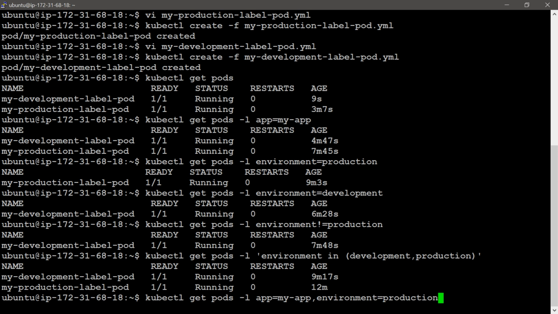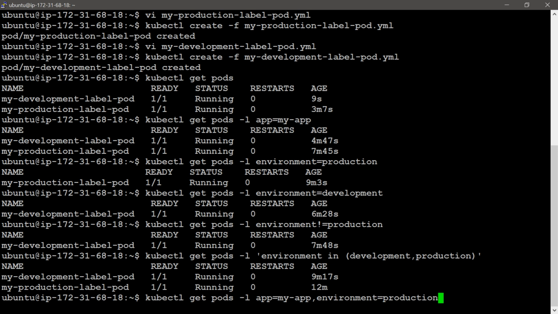Why are we giving two labels here? In a real environment, there are a number of key values for labels in the environment equal to production. There are multiple applications running when we give the same label to multiple applications.